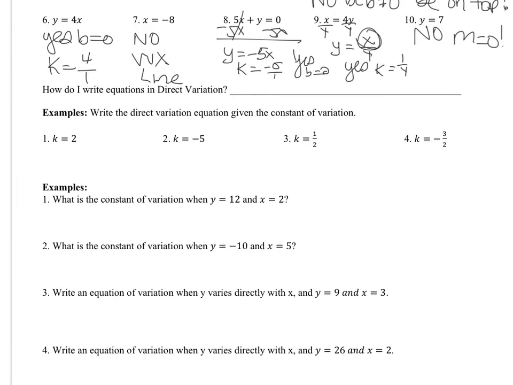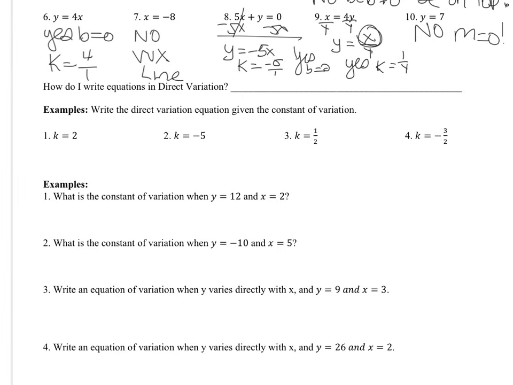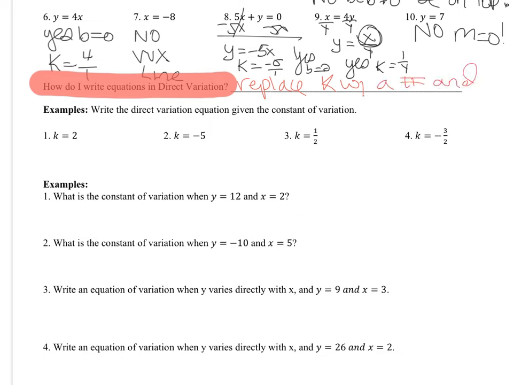So now let's talk about writing equations of direct variation. Let's go ahead and highlight this. Whenever it says, how do I write an equation of a direct variation? What is the equation of direct variation? Y equals kx. And in y equals kx, which letter turns to a number? K. So I'm going to replace k with a number and write